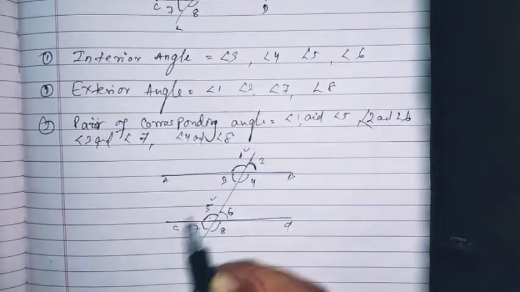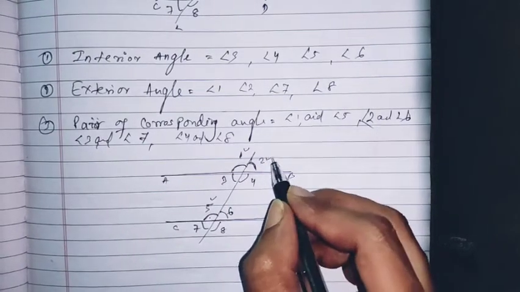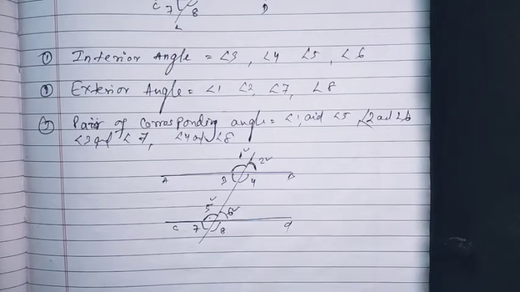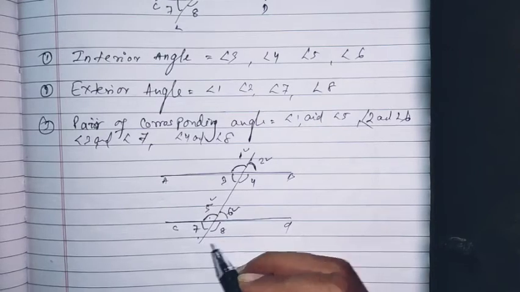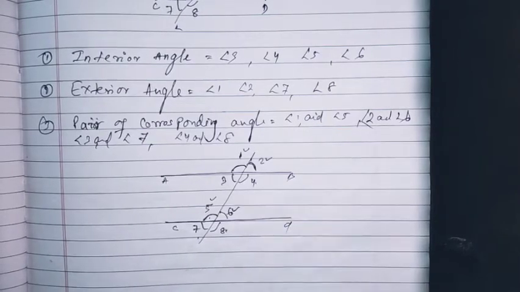Angle 1 and angle 5 are corresponding to each other. Angle 2 and angle 6 are corresponding to each other. Angle 3 and angle 7 are corresponding to each other. Angle 4 and angle 8 are corresponding to each other. Okay. Next,